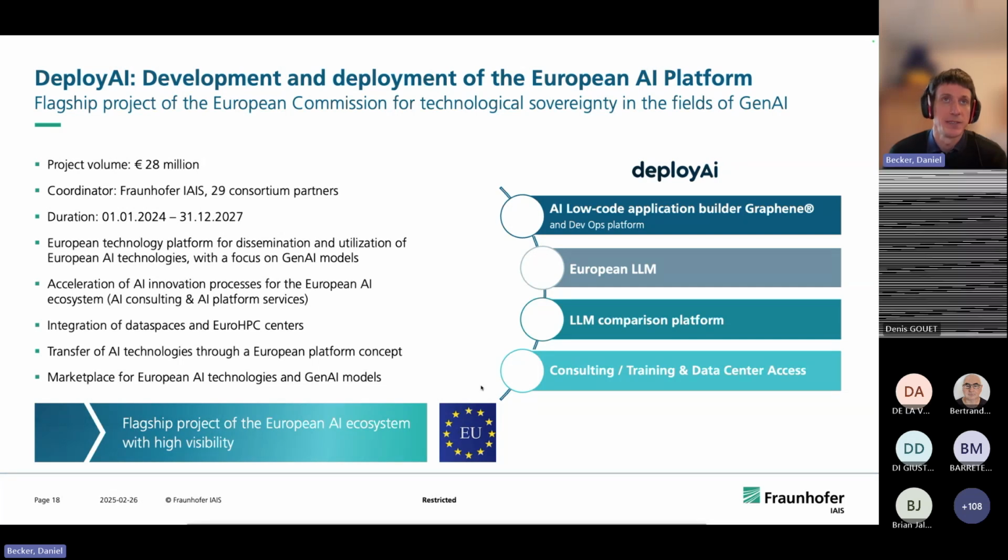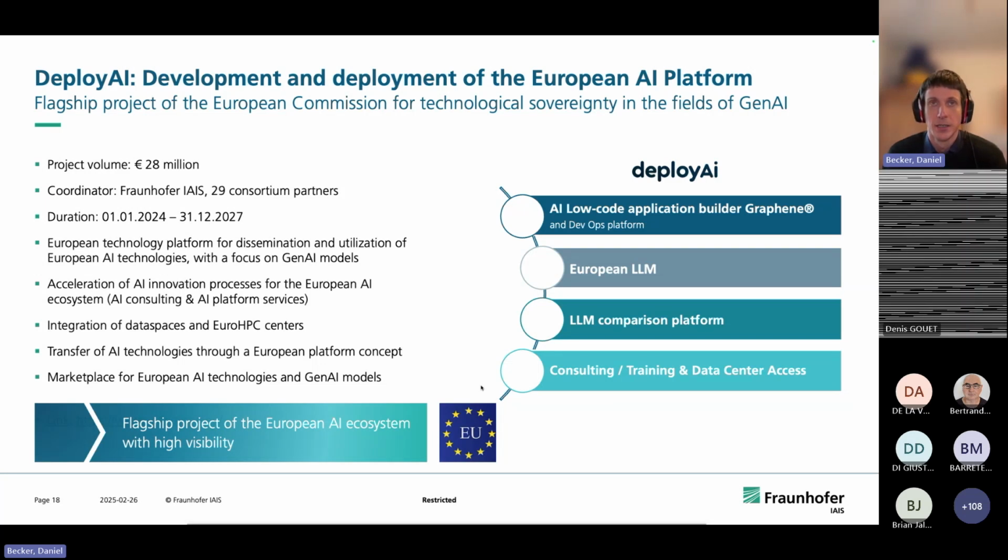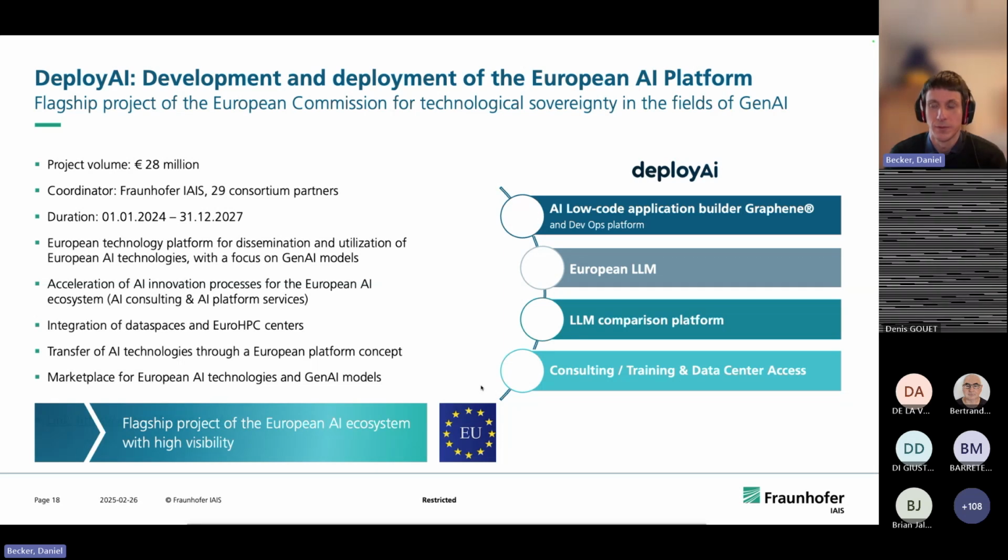The idea is to make it easy to disseminate and utilize AI technologies that have been developed in Europe, with a focus on Gen AI, of course, nowadays. It has a larger focus than just developing this Graphene platform, but the Graphene platform is an important part of this.